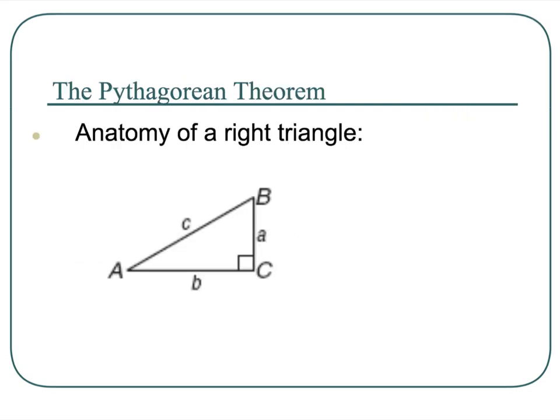So some of this might be a little review, so we'll go quickly. The anatomy of a right triangle, right? We've got our vertices A, B, and C. We notate our sides across from the angle with the lowercase version of it, right? That's why I've got these lowercase letters that are across from the angles, okay? Lowercase a is across from uppercase A, the angle. Cool? All right. Now these are called the legs,